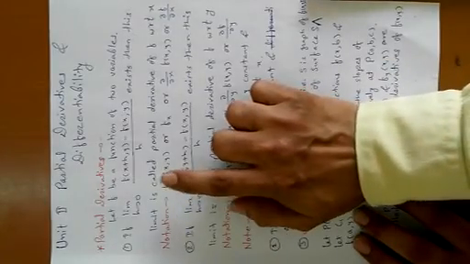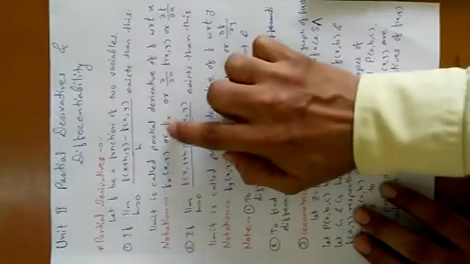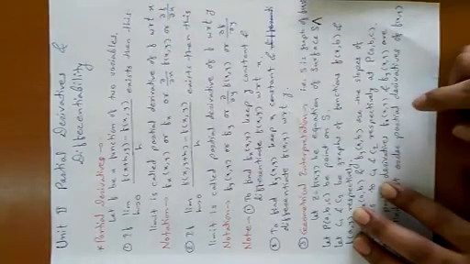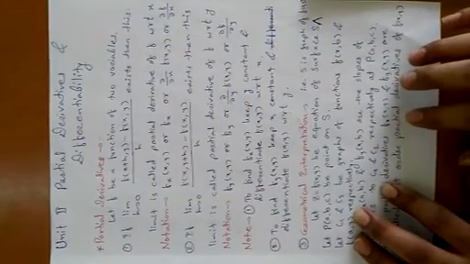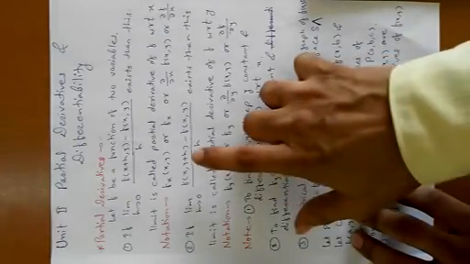There are some notations for partial derivative like this: fx of (x, y) or fx only, or del by del x of f of (x, y) or del f by del x. These are the notations we will use to denote the partial derivative of f with respect to x.